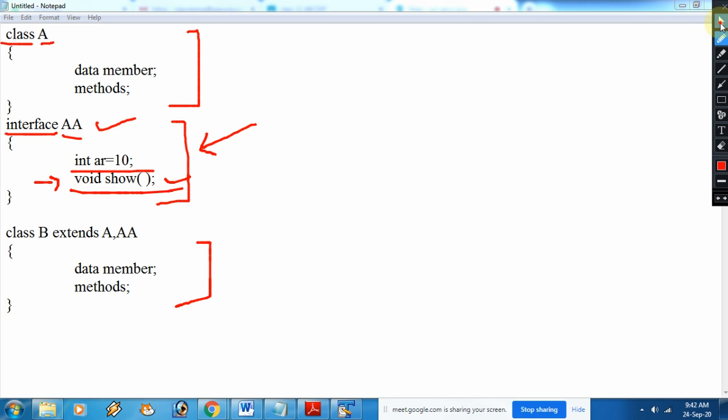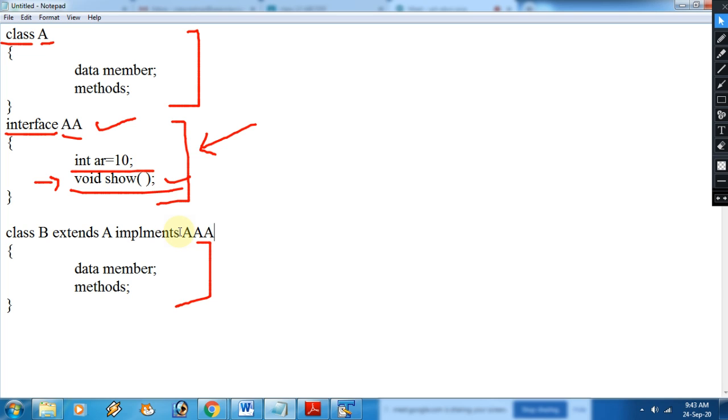So now how to implement? See, in this program I am extending A, means the superclass is the first one. And at the same time, if you want to implement the interface, you will write implements AA.